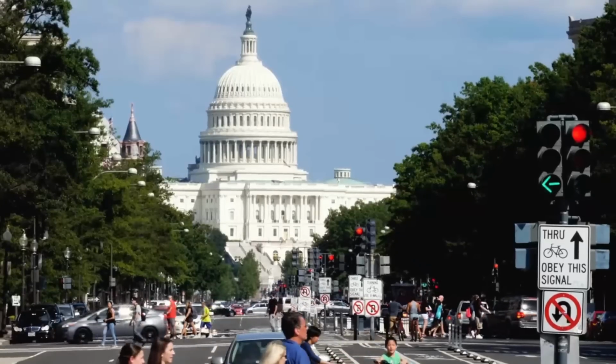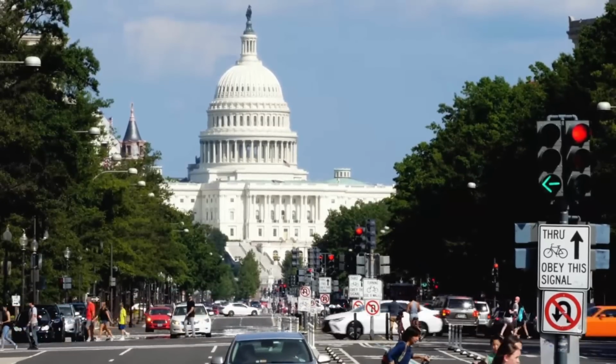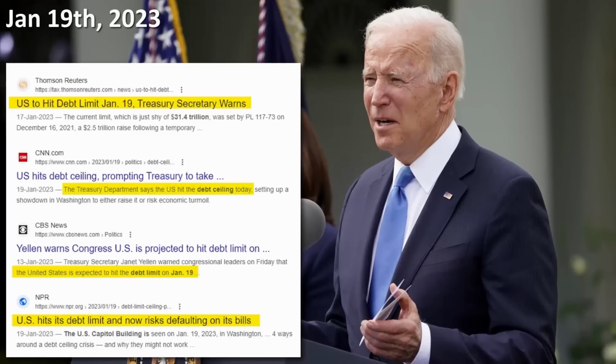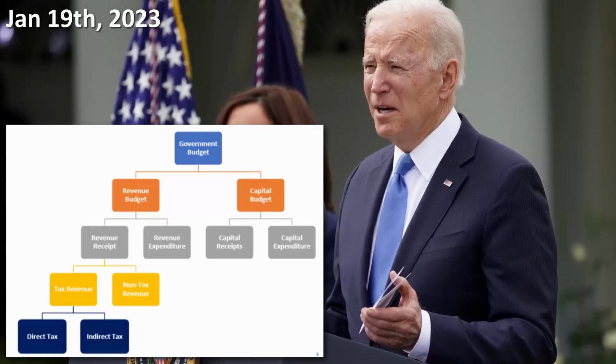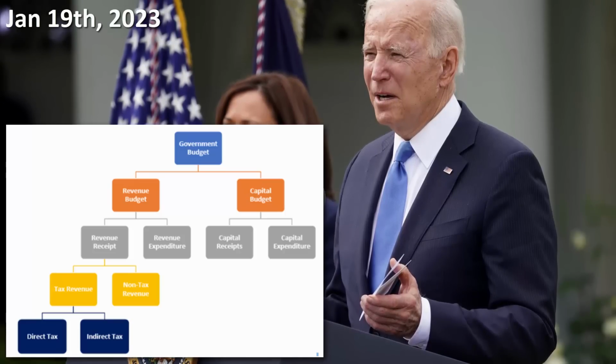As you know, every 4 years, a newly elected government has the authority to govern the United States of America and raise funds within a certain limit to implement its schemes and policies. Therefore, the United States debt ceiling is a legislative limit that determines how much debt the US Treasury Department may incur. So this year on January 19th, the Biden government has reached that debt ceiling. In simple words, the Biden government has spent more than what it has earned. Basically, the government expenditure is more than the government earnings.